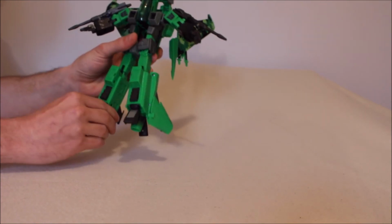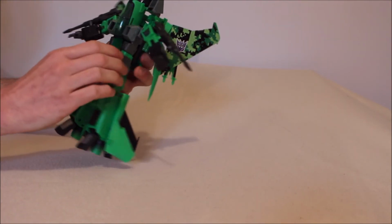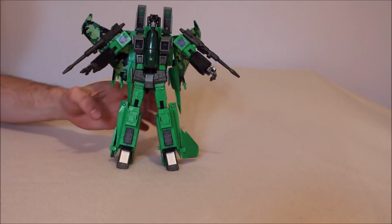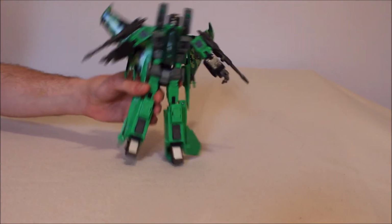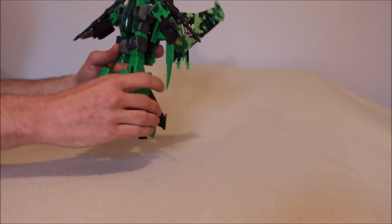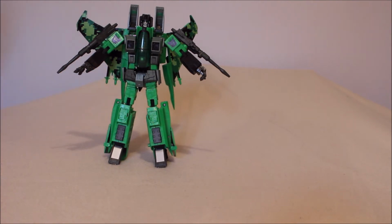The thruster tilts, I guess you could almost fake it as a little bit of an ankle tilt if you really, really had to. The chest, he does have that same chest problem we've seen with this mold where this happens, where he goes up and down and doesn't really lock in. I think that's unfortunate. He is very stable as he stands, with a nice heel support back here down on the foot. No problem with that. And he has a thigh swivel. Okay, so you can get a lot of dynamic poses with him, but